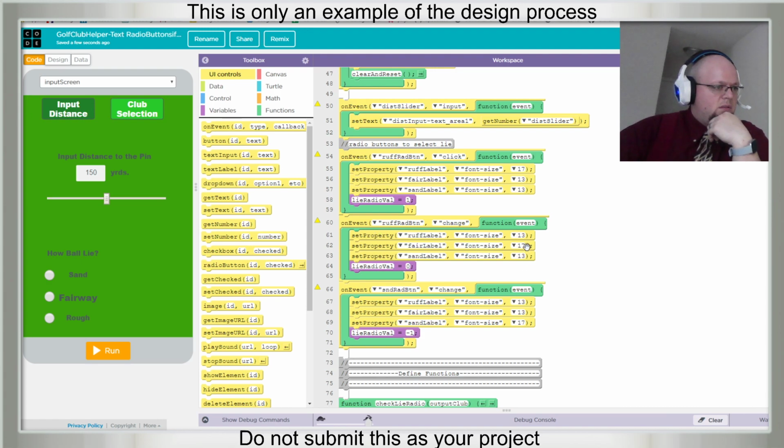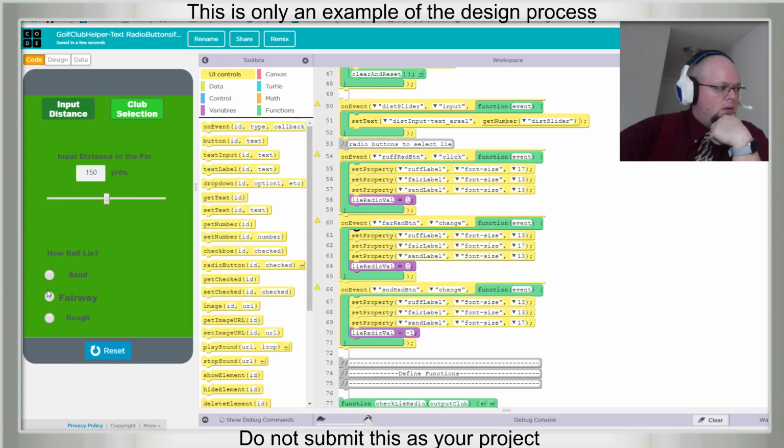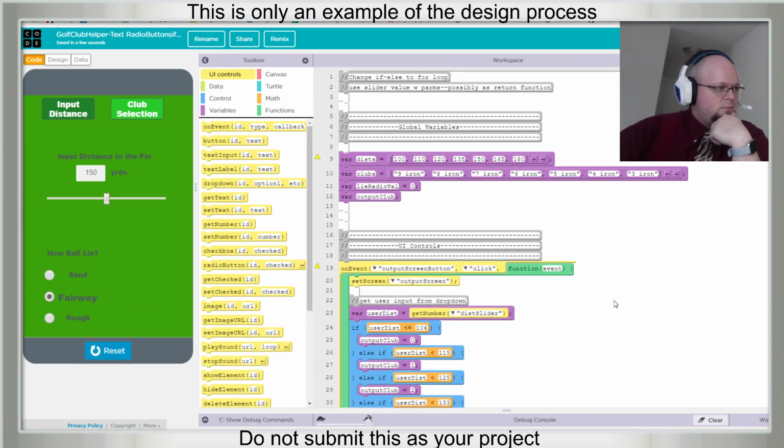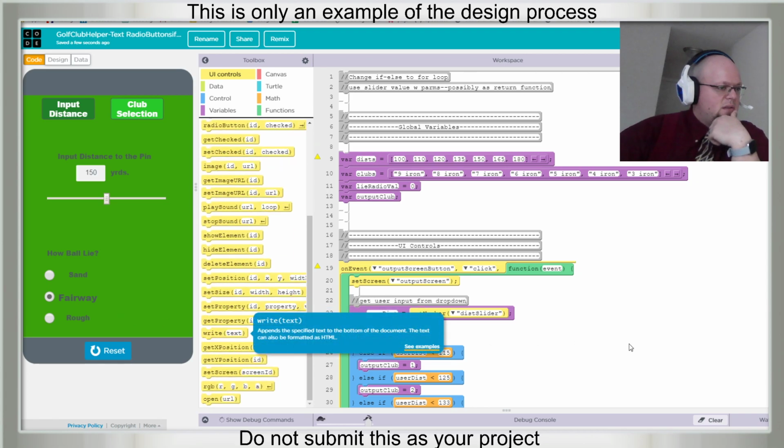This is fair radio button. You guys can start to see the importance of labeling. Fair radio button, that's how it's written. Rough, fair. I'm kind of sick of that not doing that.